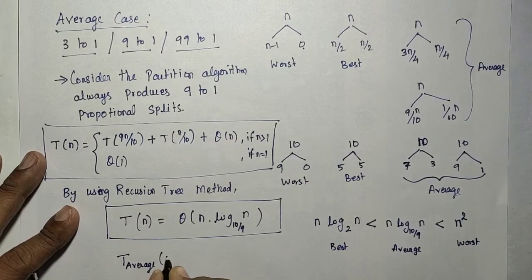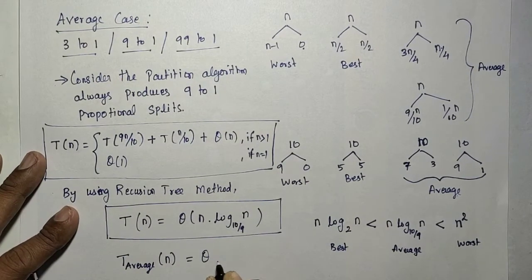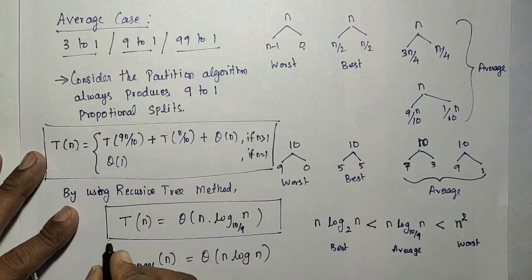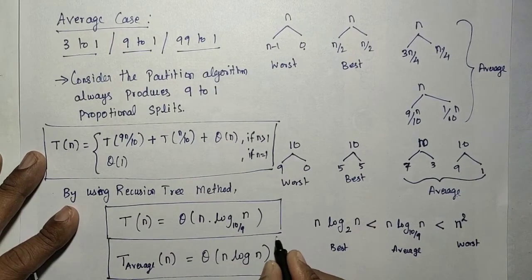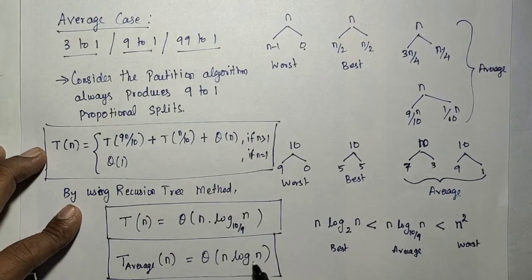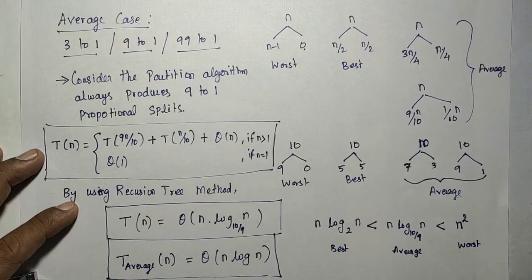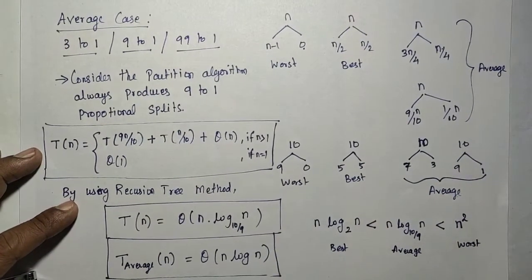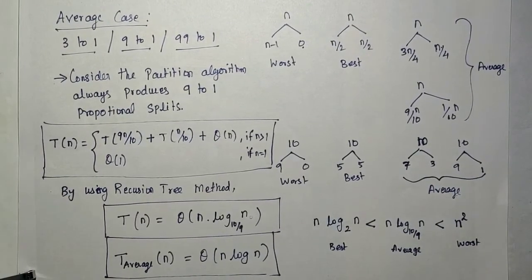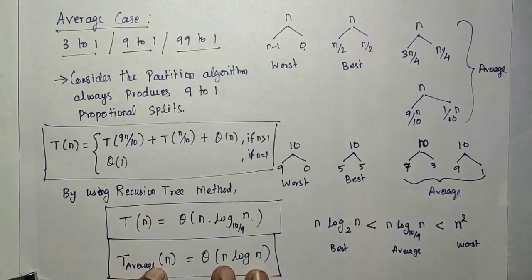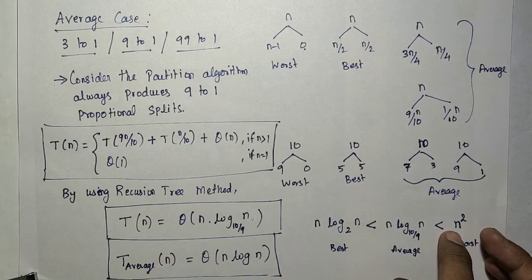The average case, T(n), is identified as Theta of n log n, because while representing the complexity, the base of the log is usually not represented. We ignore that base term, so we say this is a log n complexity, which is logarithmic. So we simply represent it that way,